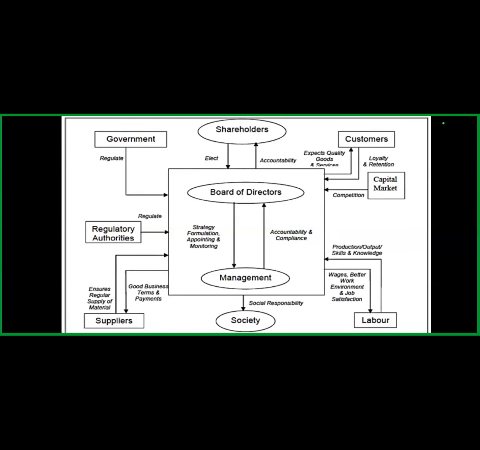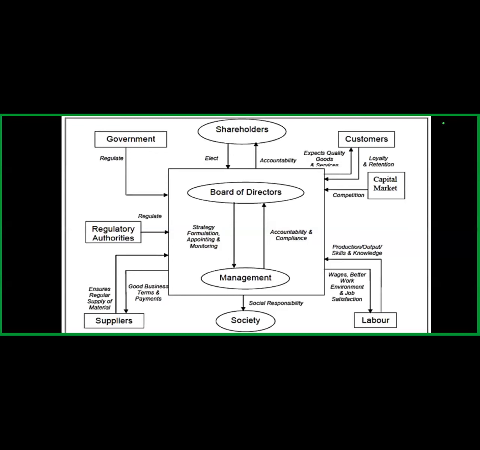When this particular term was introduced in India, corporate social responsibility, the social responsibility means the responsibility of the company towards the society. That is the simple meaning of corporate social responsibility. So when this was introduced in the country,